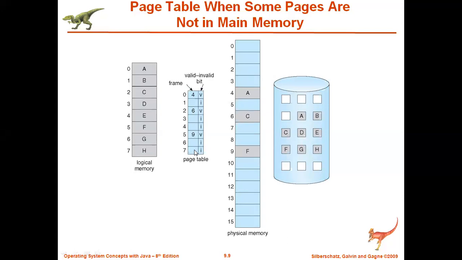When the CPU asks for something, if it is not there in the page table or the main memory, of course, if it is there in the main memory, then definitely a page table entry will be there. So it checks the page table. If it doesn't find the entry in the page table, then that is called a page fault. It means the CPU is trying to access that particular page, but it is not there in our main memory. So this concept, we call it a page fault. But we are not going to tell the CPU that a page fault has occurred. We will tell it that normal access is going to happen. Then how to handle this page fault and who will handle it, that is the topic of page fault.